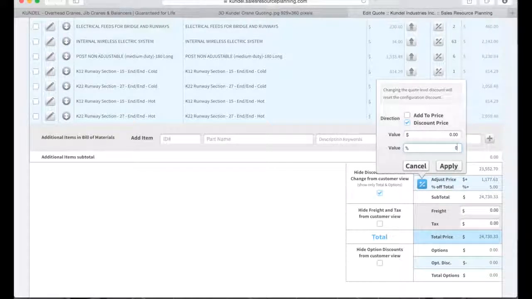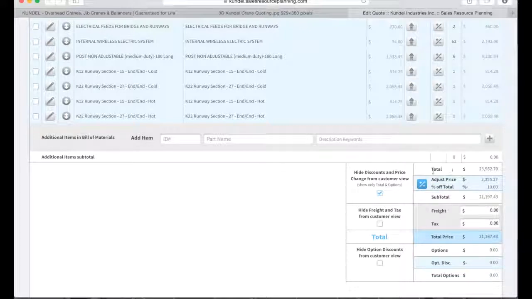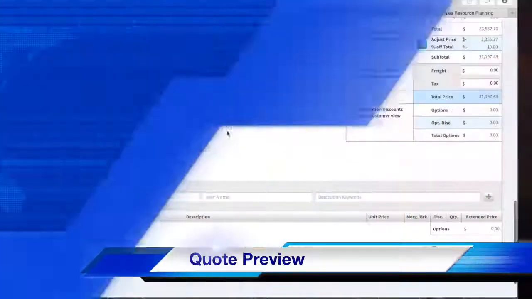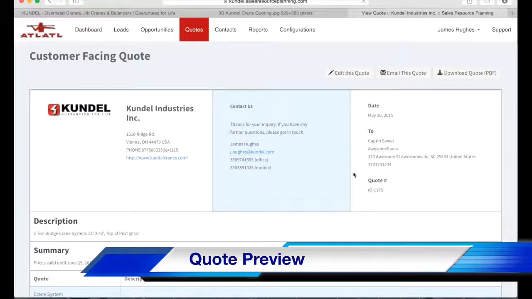It's kind of nice because if you wish to, you can show them that discount. There's a box right next to it saying to hide the discount. You can uncheck it, so now you want to show the discount. Then you just go down and click the save button. After you've done that,